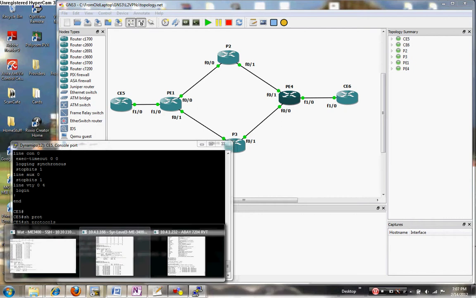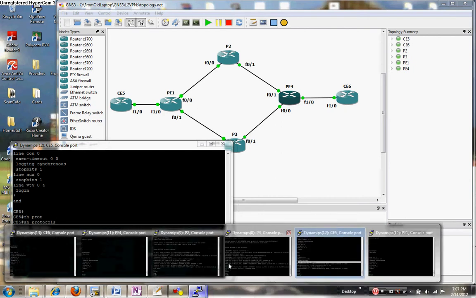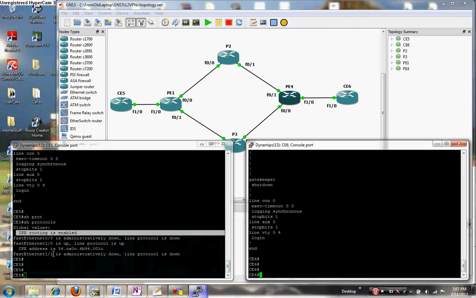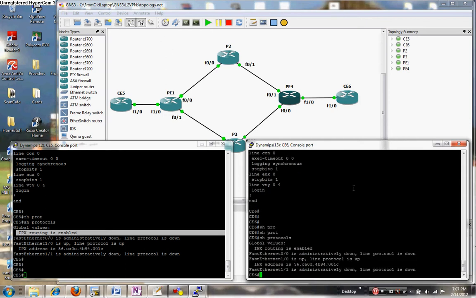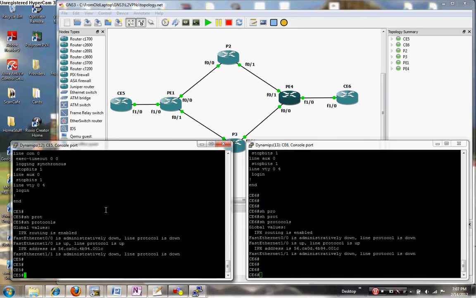Let's take a look at router number 6, just in case. Let's see if it's running over here. Show protocols. IPX is not running on the opposite side either. If you want to, we'll take a look at interface FastEthernet 1/0, which faces my particular network. Now keep in mind that a CE5 or customer edge router is something that is at the customer site that you configure. Okay, so let's take a look at the running configuration,